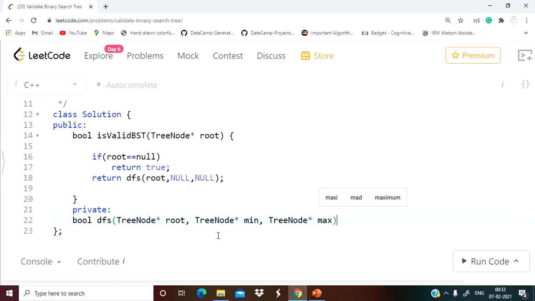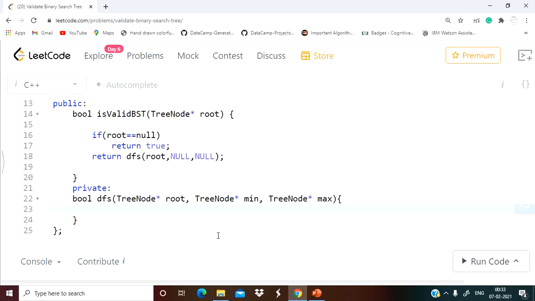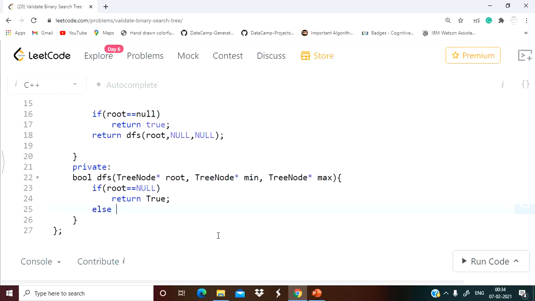So now first of all, even after going through all the tree, finally we have to move at null, right? So here also the base condition is going to be that if root equal null, simply return true, right?